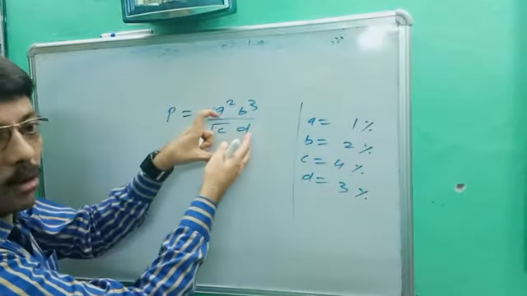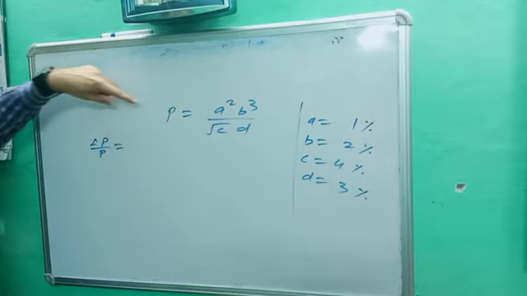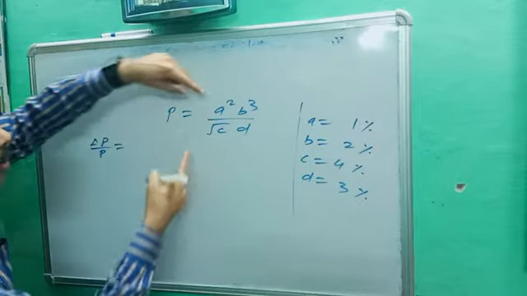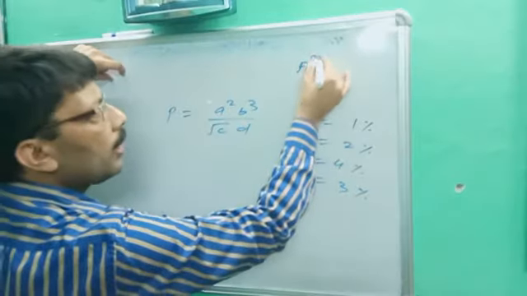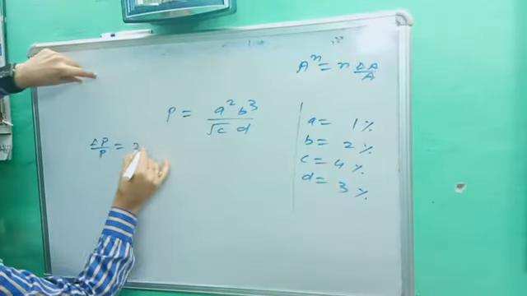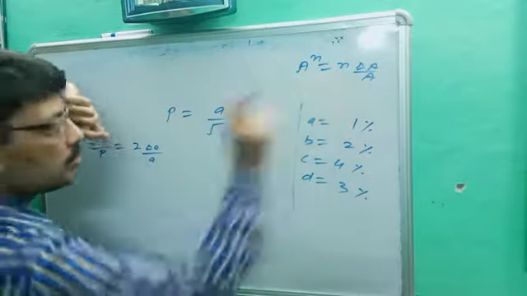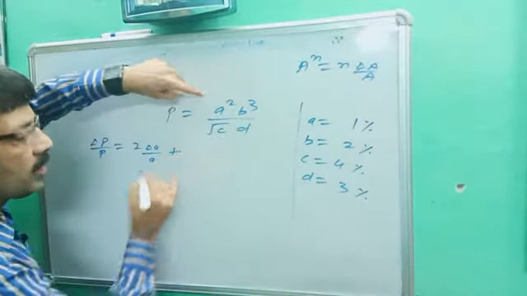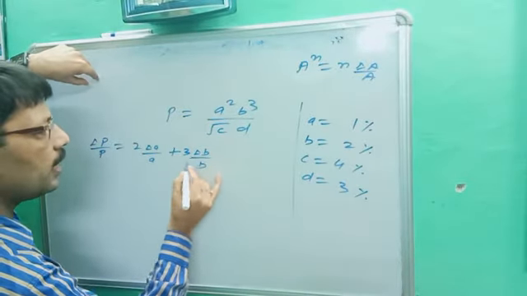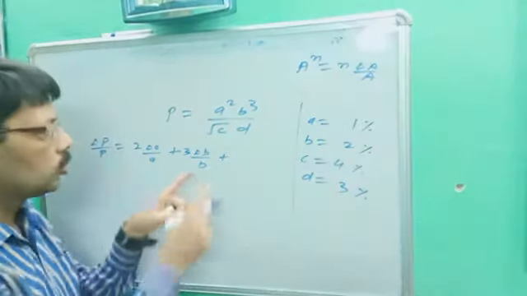First we form the formula for this one. So what is the formula? del P upon P, as you better know for z, is equal to del z upon z. So del P upon P is equal to what? a square: you better know, a power n gives n del a upon a. Just write it out. So it will be 2 del a upon a, since a square could be written by this formula. Here multiplication, you better know, multiplication goes in plus, b cube: 3 del b upon b. Division also goes in plus. You better know the formula for multiplication and division is the same. So this is the division.